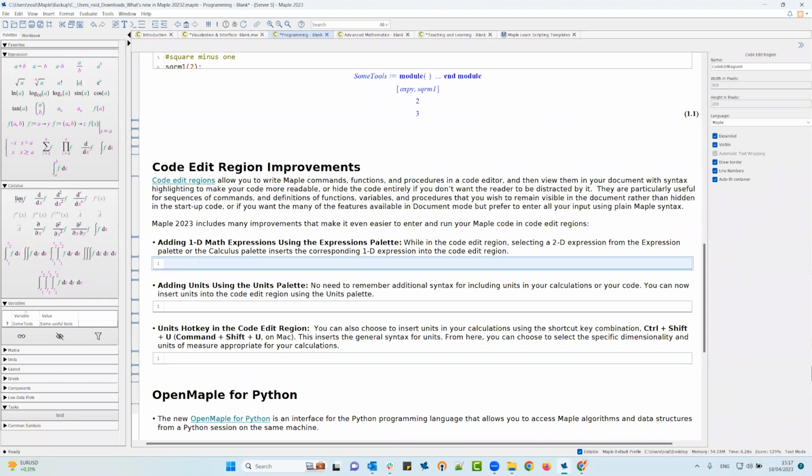Because a lot of you are using the palettes to basically create 2D math and perform some operation. But let's say, I don't know, you want to do some programming, you want to write a little piece of code, but you don't know exactly how to write this expression or another one. Now you have the ability actually to simply drag and drop your expression from the palette within your code edit region. So if I do that,